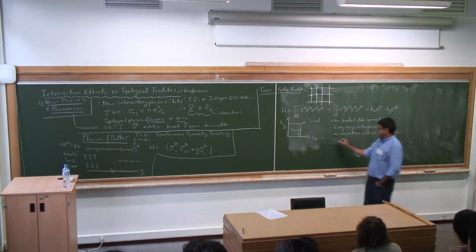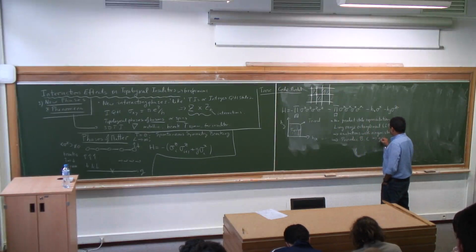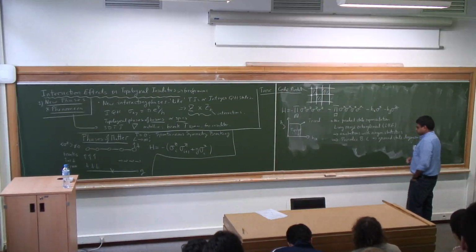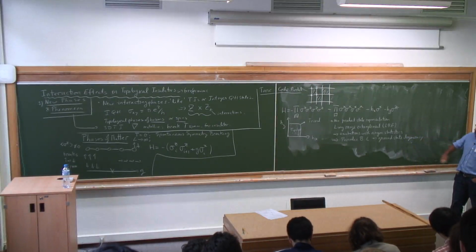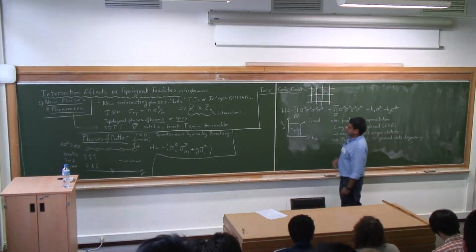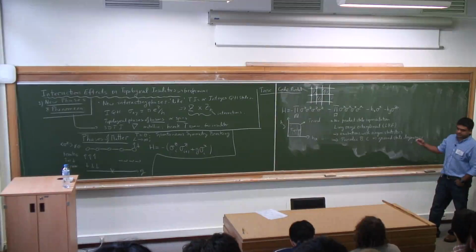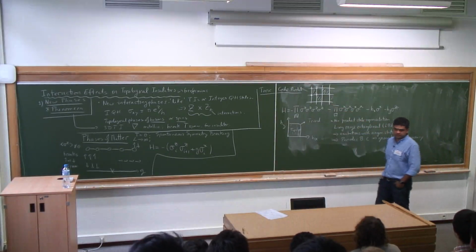Another way to diagnose it is if you put the system with periodic boundary conditions, there's actually some ground state degeneracy. Again, I think this is something Claudio probably talked about. You can wrap this around on a torus, identify this on that side, this on that side. You have the system on a closed manifold, and you find that there are these 4 states that are nearly degenerate. They become more and more degenerate as you go to larger and larger system sizes.